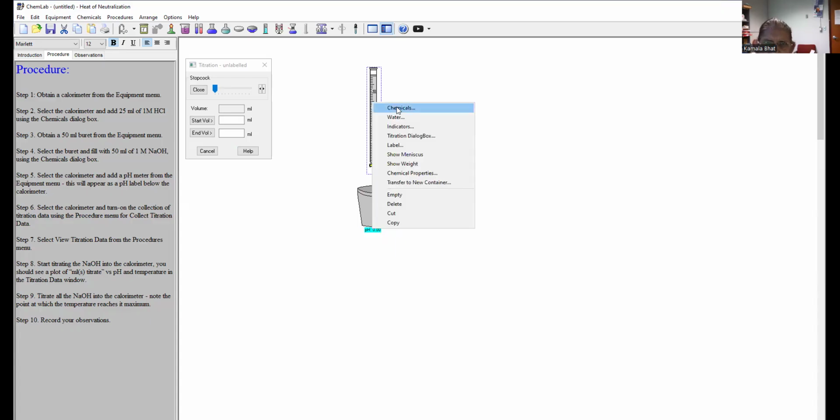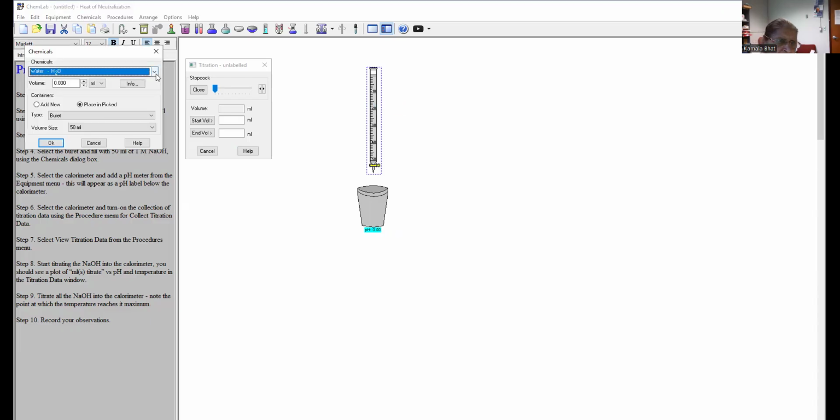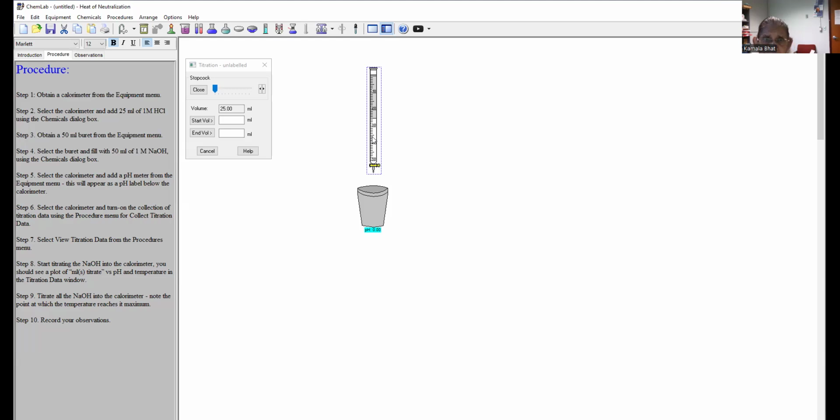Then I'm going to chemicals and add, say, the required sodium hydroxide. I'm just going to put 25 mL, but you will take the volume that is stated in your procedure. And the strength of the sodium hydroxide is 1 molar solution. So now what I'm going to do is,